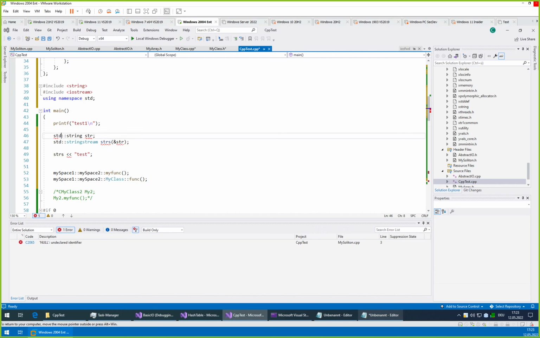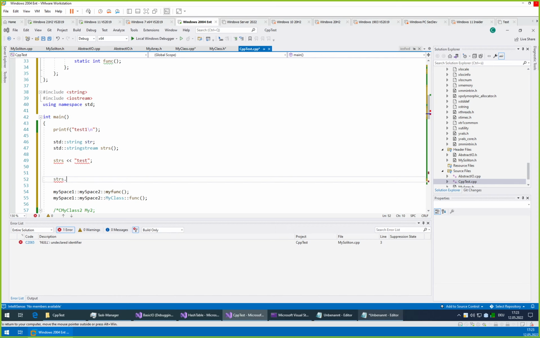Oh, std. That's a stupid typo. It's not yet happy. Actually, okay, it doesn't need anything. It will return us a string once we are done with it. Why is that complaining? That should be working.